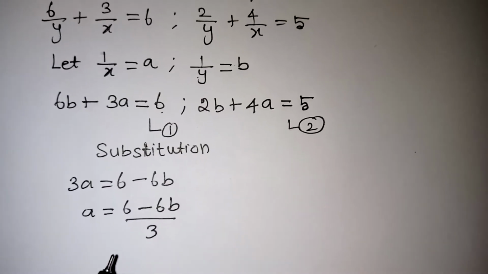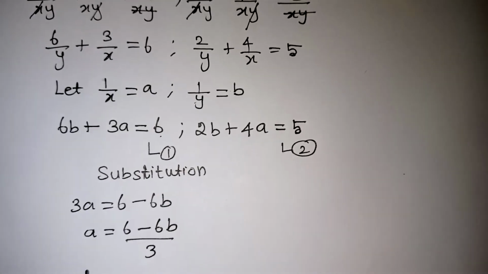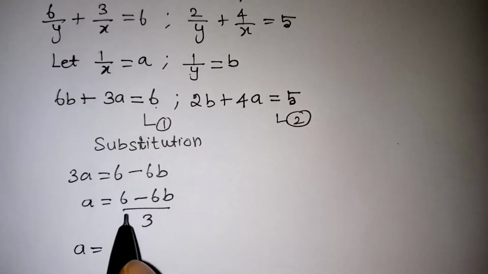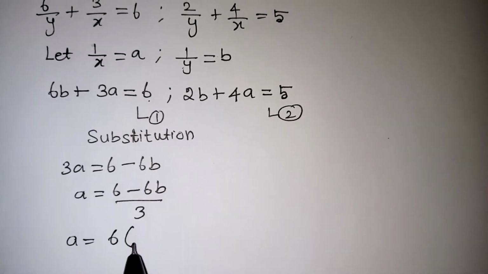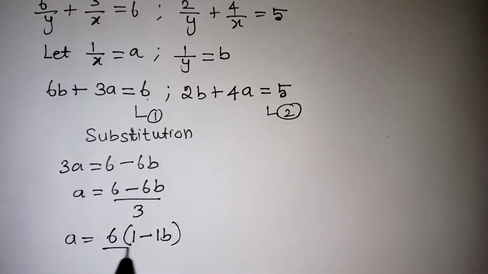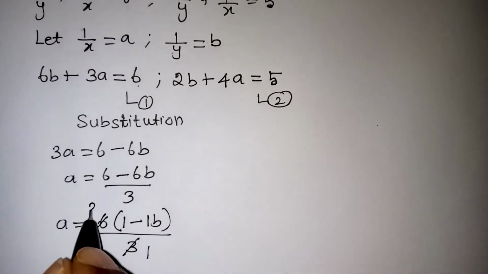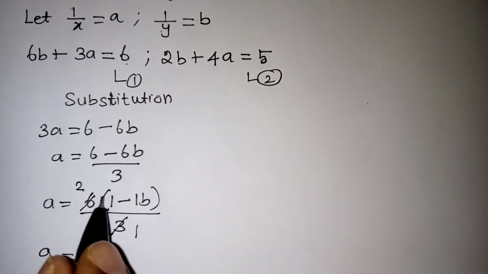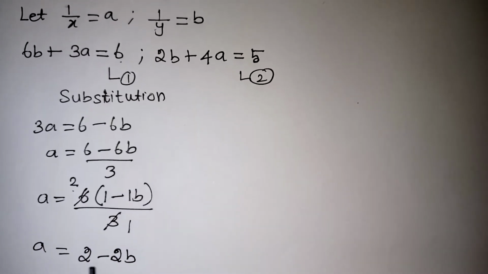So here denominator 3 is there, numerator both the terms carry 6 with them. So very easily what we can do is, so a is equal to, from the numerator I can take the 6 outside as a common term. So here the remaining term is 1. Here the remaining term is 1b by 3. Why we are taking it out means we can cancel this. 3 1s are, 3 2s are. So a is 2 into 1 and 2 into b. 2 1s are 2 and 2 into b will be 2b. So that is my a value.